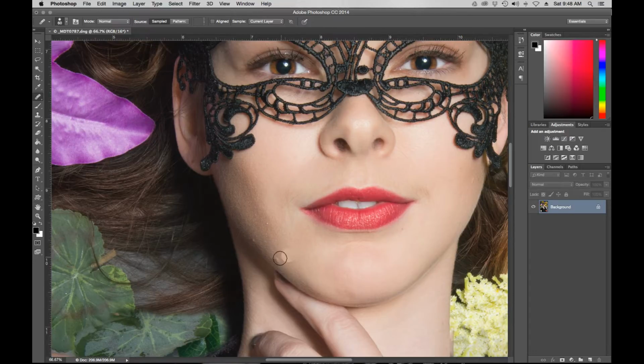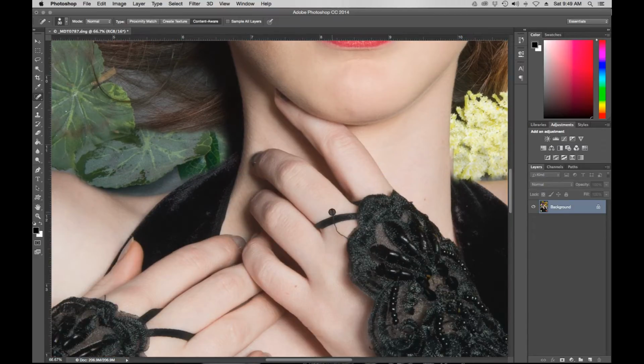Alright. Spot healing brush. That's why everything's acting weird. Alright. So that's what I wanted to do. I wanted to give you all my mistakes as I go. I do it. Alright. And what I'm doing here, I'm just literally going around clicking on what I want to fix. Like this little string here. And I don't like the way that